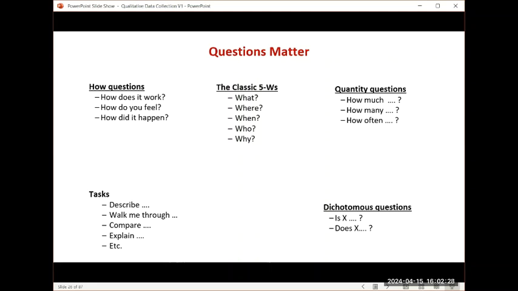And I can't prove it, but I suspect what's really going on is in questions, there's an assumption that there's a right answer or a more socially correct response. And people are trying to figure out how to manage that. Whereas when you just ask them to actually perform a task, there's a lot less social pressure to come up with a right way of describing things, right? So look what happens when you ask them this way.